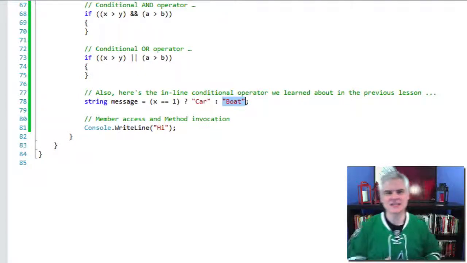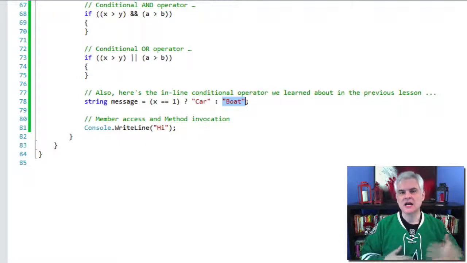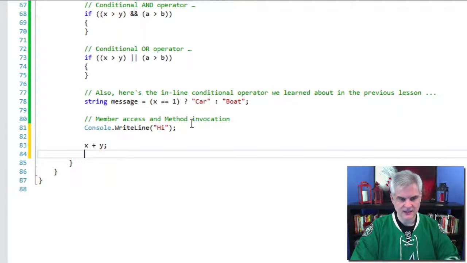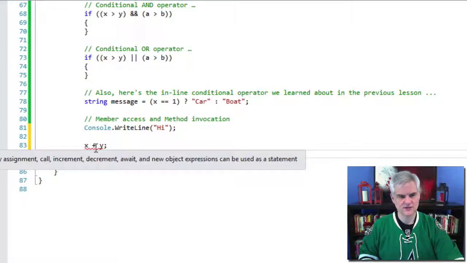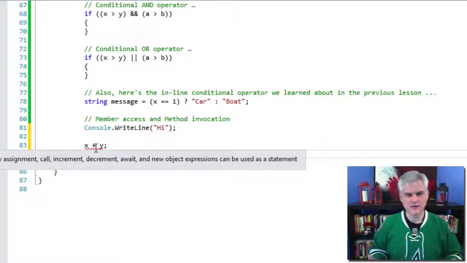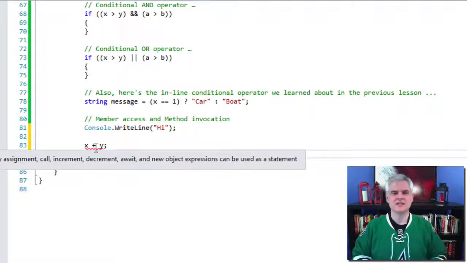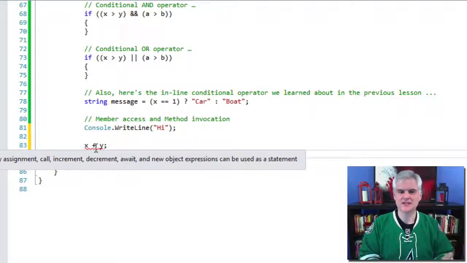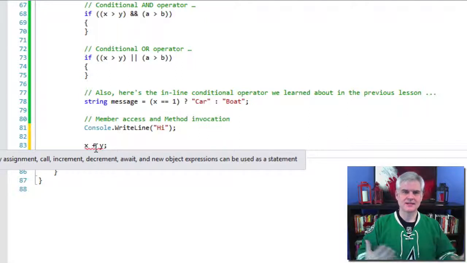In situations like this, the IDE can actually catch these syntactical mistakes as compilation errors even before you attempt to compile or run the application. So we would expect this to give us a red squiggly line. And now we can hover our mouse cursor over and it'll say only assignment, call, increment, decrement, await, and new object expressions can be used as a statement. Okay, so again, that is developer speak for basically saying that you don't have a properly formed statement. It doesn't have the right set of expressions filled with operators and operands.